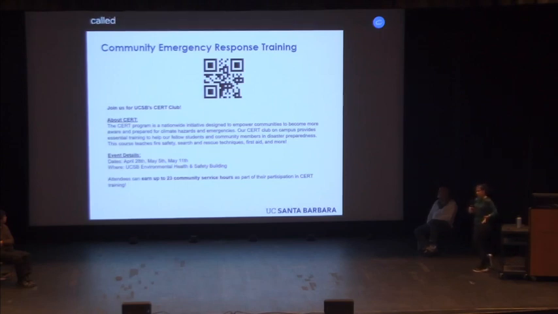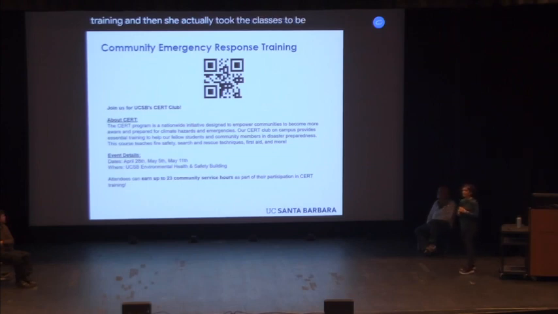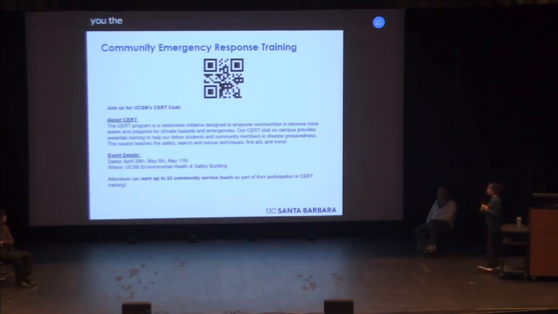So it's called CERT. We had this program pre-COVID. There was also a CERT club, and COVID happened, and so she's been working to relaunch it. She went through the training, and then she actually took the classes to become a trainer herself. And we do peer-to-peer trainings. It's a 3-day class, usually 3 Sundays, about 6 to 8 hours. And it gives you the tools and the resources to respond to emergencies,